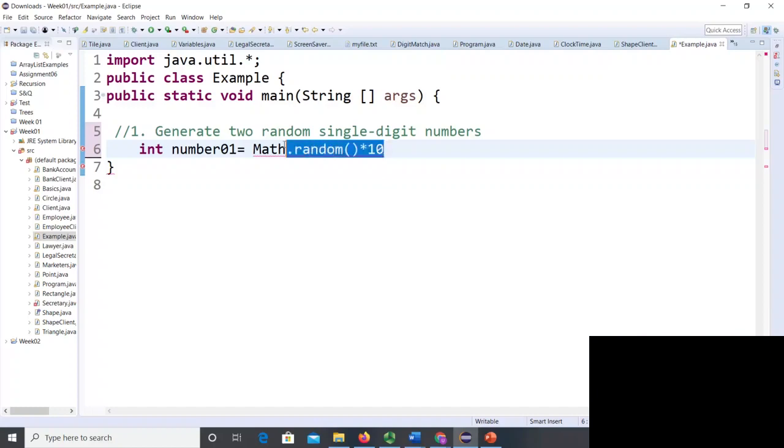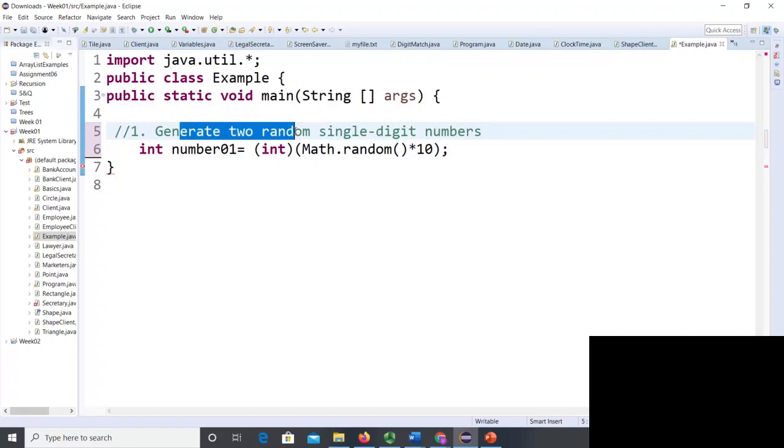This code will only go till 10. Then put a semicolon. Math.random gives you a double number, which means a decimal number, so you need to typecast this whole statement as int, because I need an integer number.